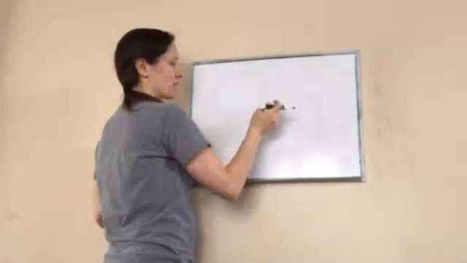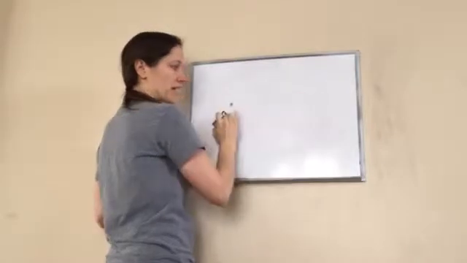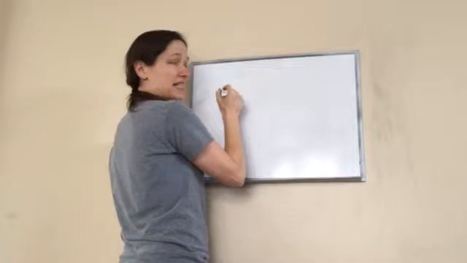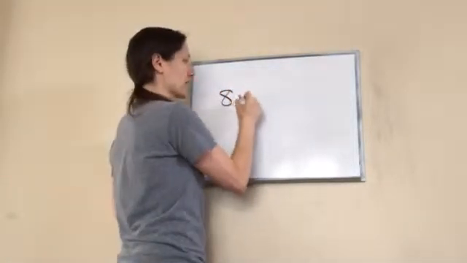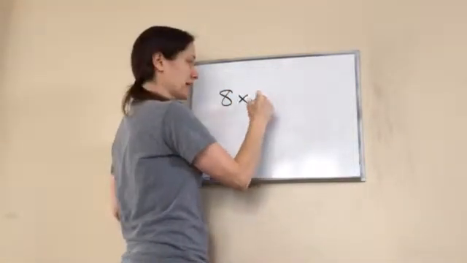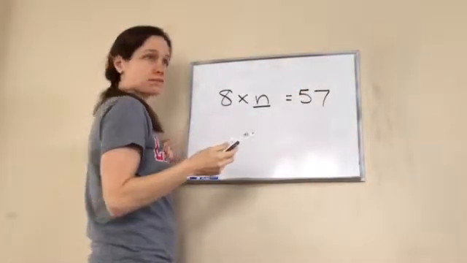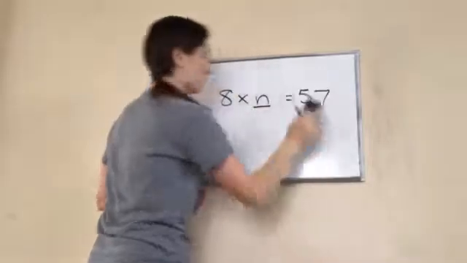Right, so 8 times 7 equals 56. 8 and 7 will be factors. Okay, so we're going to do a missing factor. So it will be 8 times blank, or n, equals 57. Actually, let's do